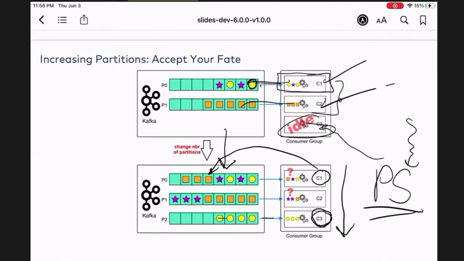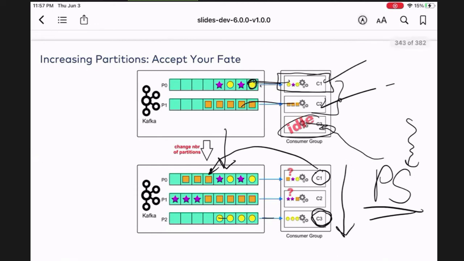How are consumers notified of partition changes? You see again, the rebalance actually. Whenever the number of partitions changes or a new consumer enters or leaves the group, a rebalance occurs. And then, of course, that's like the fire drill. If that consumer was consuming before from partition 0, and it was consuming only circles, as in this case, now it's getting different data. As long as you can handle it in your consumer code, that should be okay. But that's a lot of work.